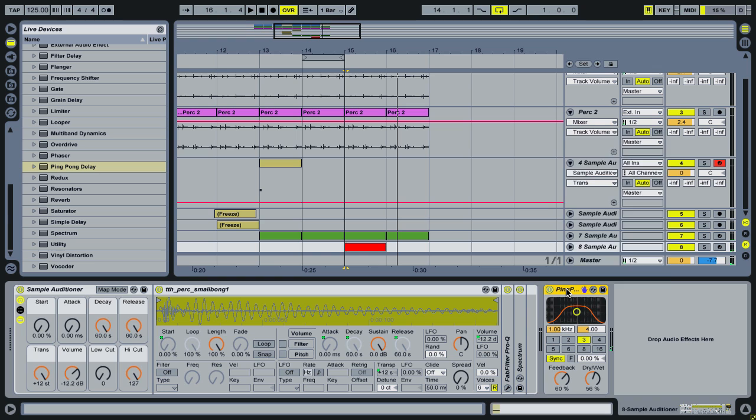And the idea with this is to turn this onto repitch mode and take it off a sync so that we can set the time in milliseconds, and then you can get these really cool kind of pitched effects out of this. So it's working nicely at the lower values there. Now the trick really is to have it come out of the delay still in time with the track,